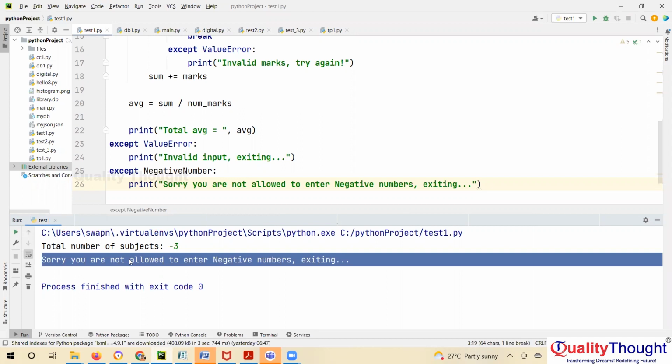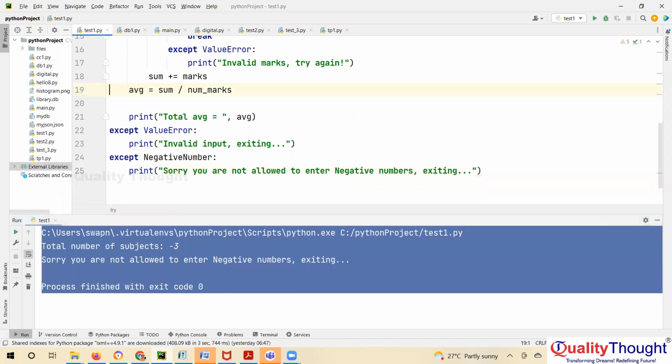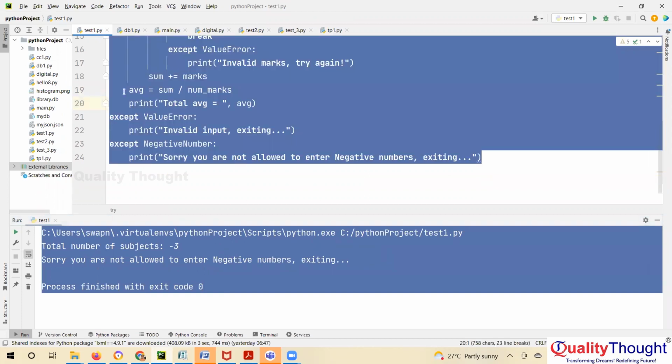So you can create your own exception and handle it just like any other. You have to manually raise it, it will not automatically get raised. And you can handle it the way you would handle any exception, using your own exception name, and write whatever you want. So with that we finish our exception handling. I will share this, make the changes in your program, and then